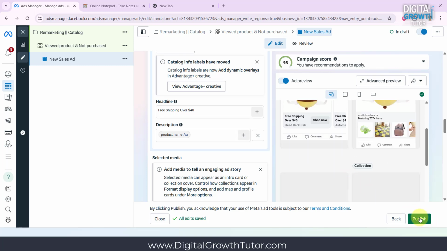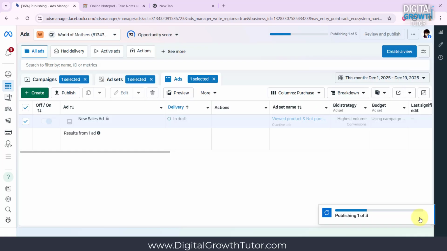That's how you create a high-converting remarketing sales campaign targeting users who viewed products or added items to the cart